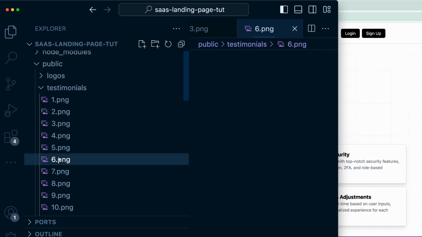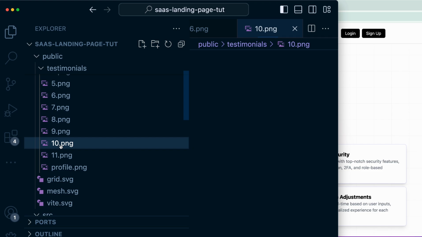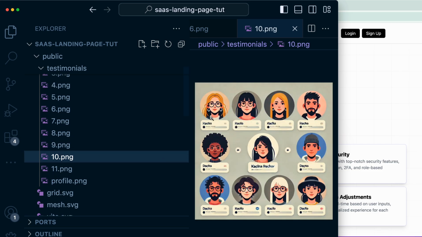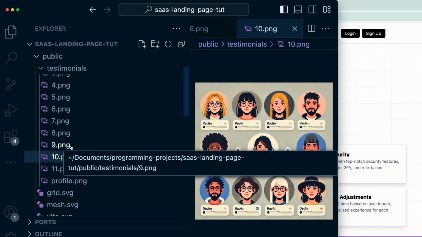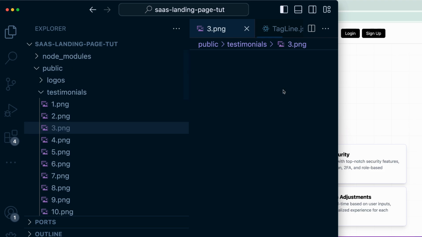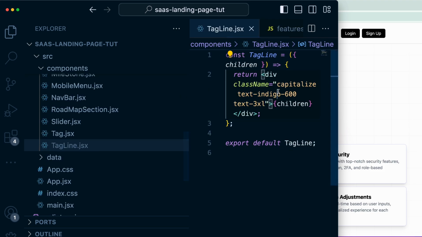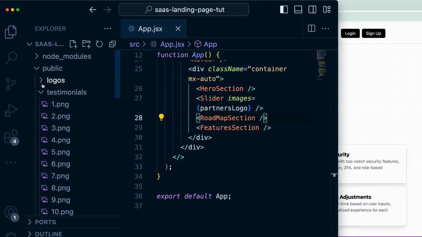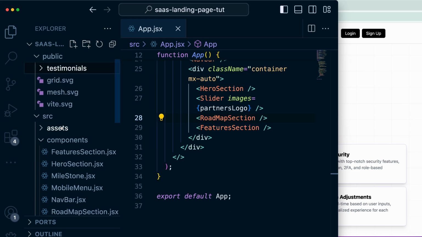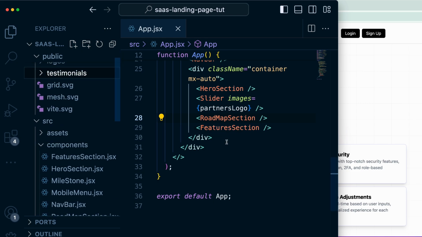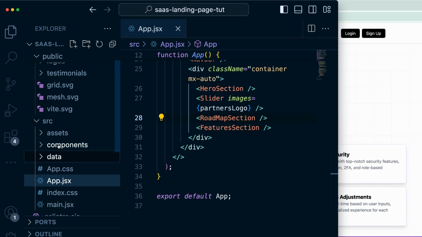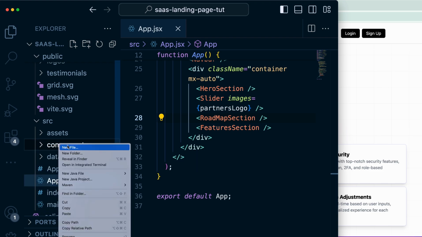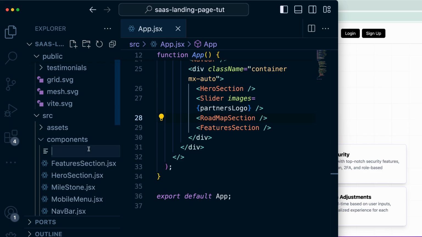But yeah, those are the different kinds of images that we have, and this is what it generated, and I updated it a little bit. Okay, so every image is a separate user. And now it's in the public folder where I put it, in the testimonials folder. So having added that, we can create a new component, new file,